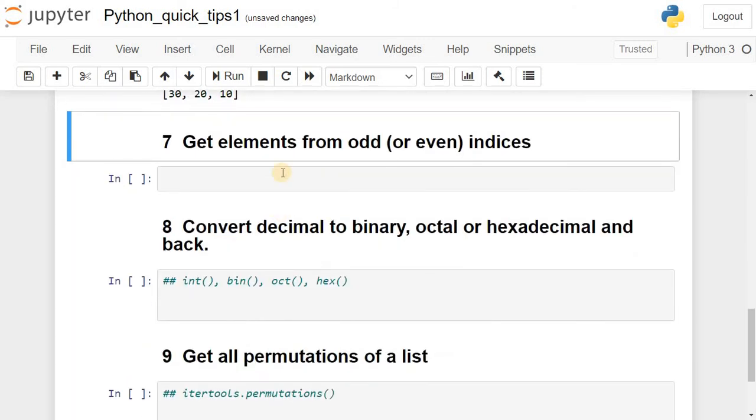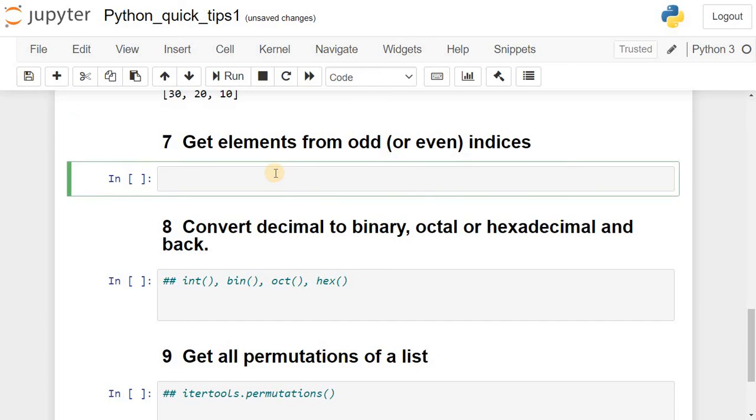To get elements from odd or even indices, for this we are creating days, which has the elements Sunday, Monday, Tuesday, Wednesday, Thursday, Friday, Saturday.